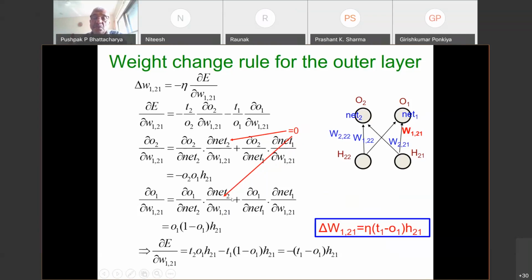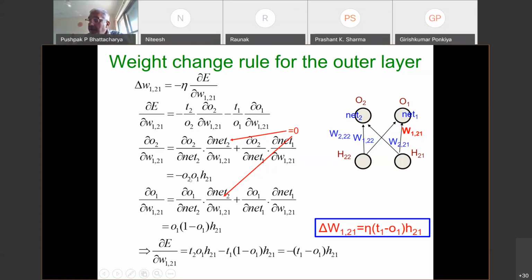Now net 2 is not a function of the weight of interest. So delta net 2 delta W gives me 0 like before. Now I have the derivative of output with respect to its own input, which is output into 1 minus output, into the input arriving at the source side. So I have delta O1 delta W equal to O1 into 1 minus O1 into H21. So what am I arriving at? I'm arriving at this expression for delta E delta W as a summation of these two quantities,